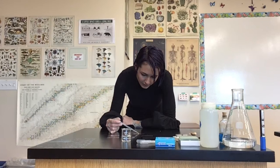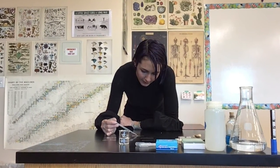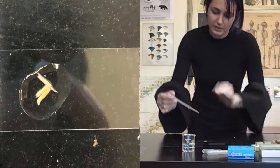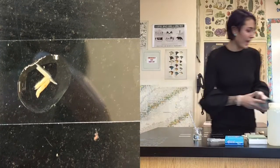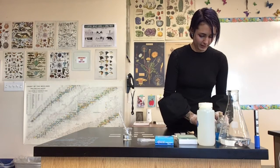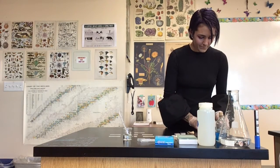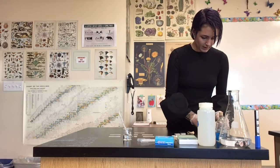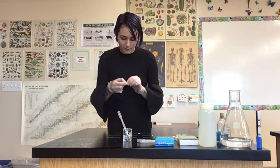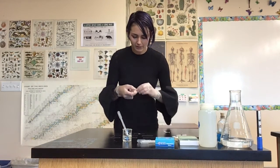So I want to make sure that all of this hydrogen chloride is mixed with those roots, and they're just going to sit there and do their thing. And that's just going to wait for 5 minutes. So let me set a timer here for 5 minutes. And what this hydrogen chloride is doing is it's essentially just weakening the cell walls, weakening the cell itself, so